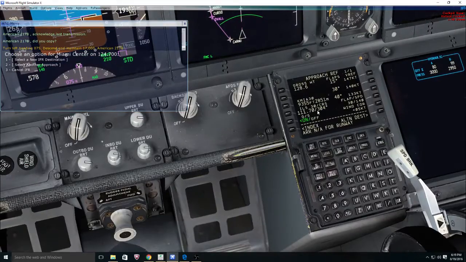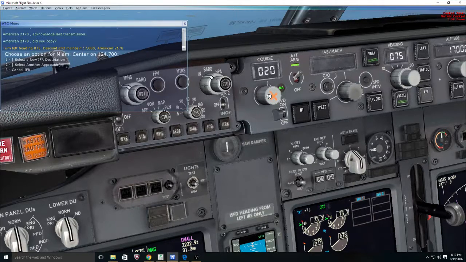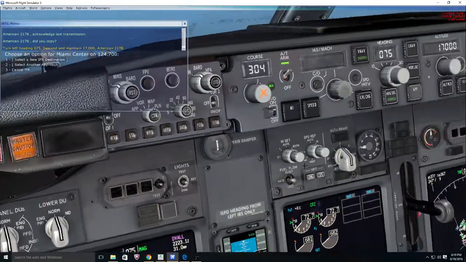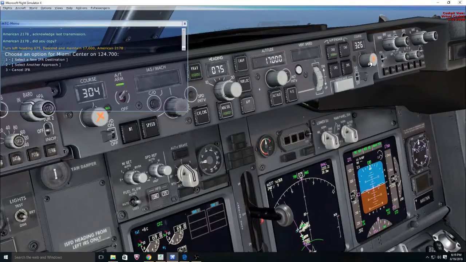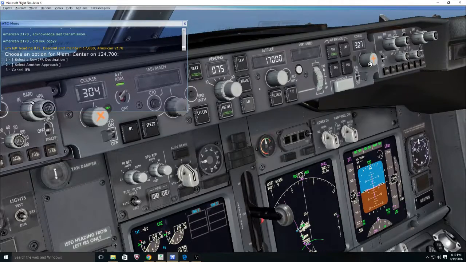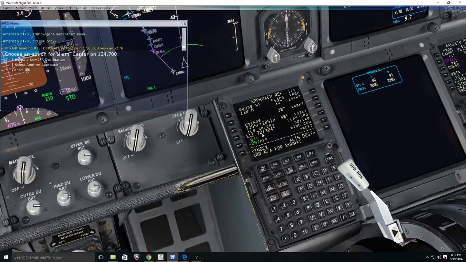Go back here, we get course of 304. And the runway is